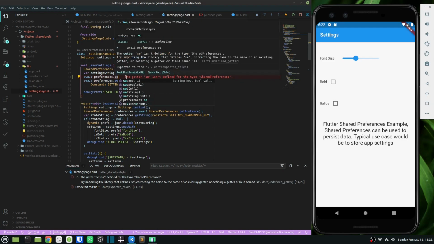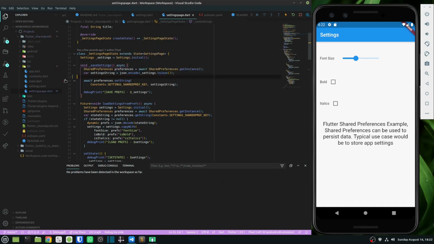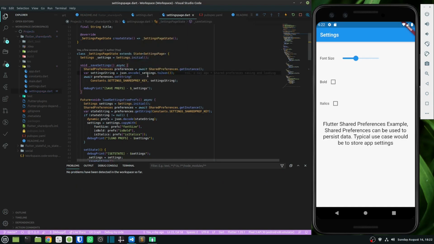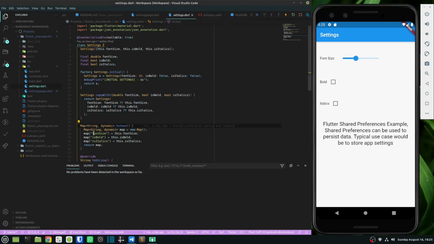So what I have done in my case, I have basically encoded my settings object to JSON, and I'm using that JSON string to store in my shared preferences. In my settings object, I have created a toJSON method which basically maps the key value pairs for the properties that are there in my settings and returns a map.